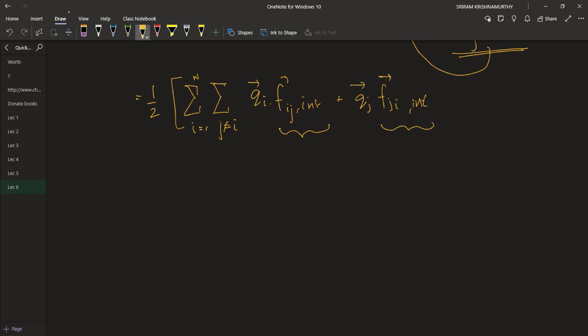So this is basically Newton's third law. So this just says that Fij should be equal to minus of Fji,